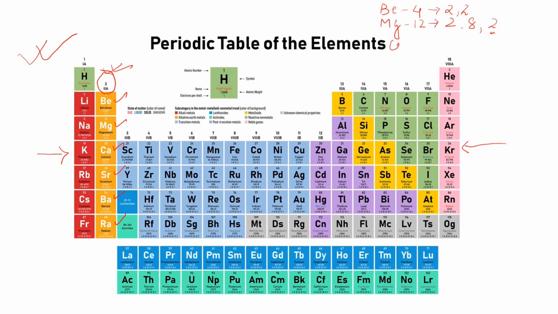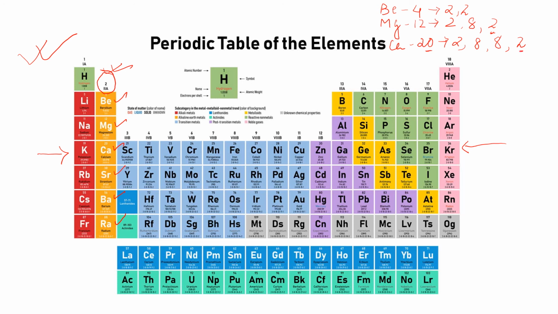Come to calcium. Calcium is having 20. Now the first orbit can accommodate 2. The second orbit can accommodate 8. And the third orbit should accommodate 18. But due to some reason it is accommodating a maximum of 8 only. So now it is 2 and 8, that is 10, and in 18 only 2 are left. So 2 will go in the fourth orbit. Now calcium is also having 2 valence electrons.